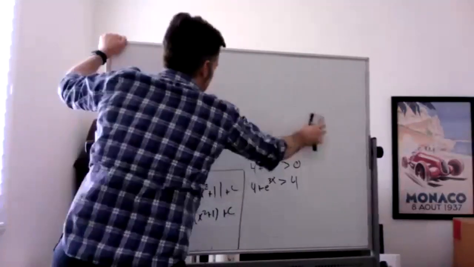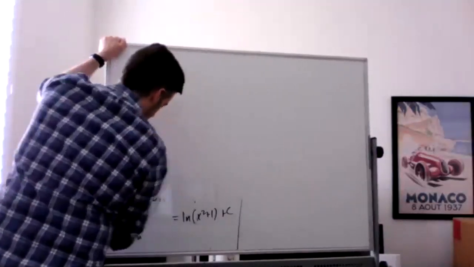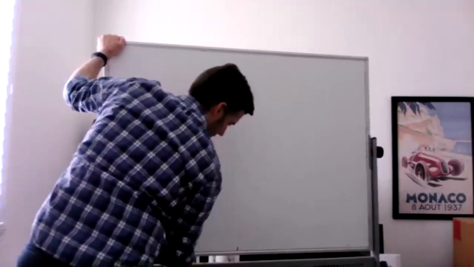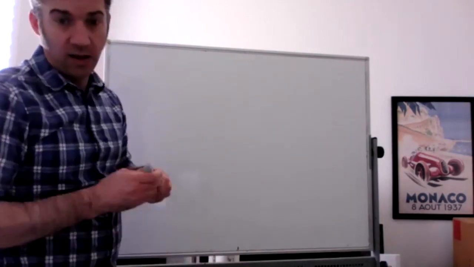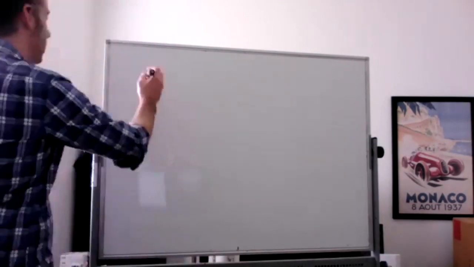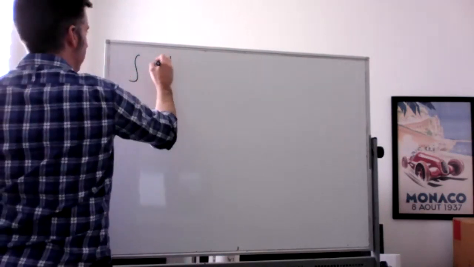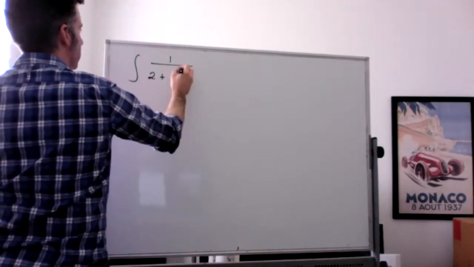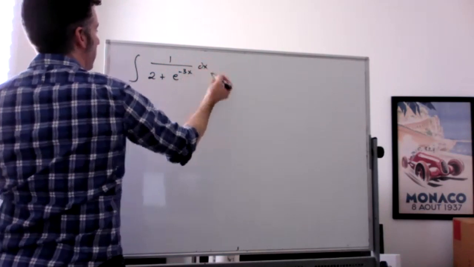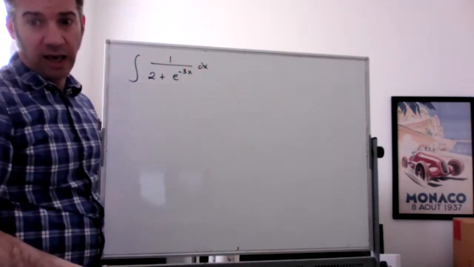So when you have a problem and you don't know what to do with it, something you can try doing is just rewriting it. That's often a tactic we take. This one, where I have the integral of, what was it again? 1 over 2 plus e to the negative 3x. One thing we could try doing is rewriting it as,